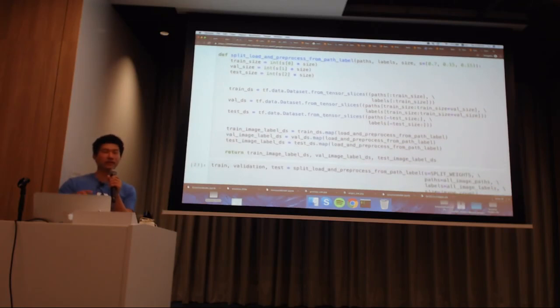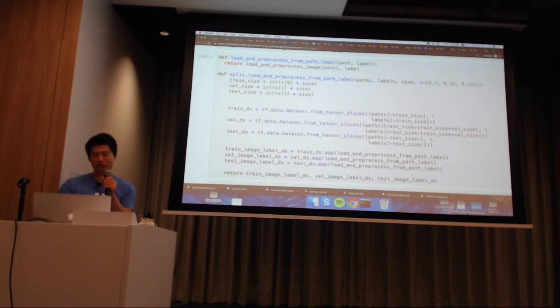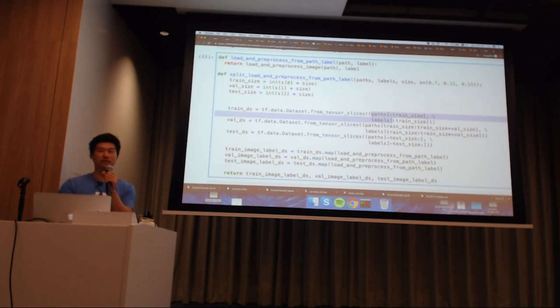Instead of zipping the image and labels together, what I'm going to be doing is to directly pass the tuple of paths. In my helper function, I directly pass my list of paths and labels as a tuple into the dataset from tensor slices. So you can just straight away pass this tuple